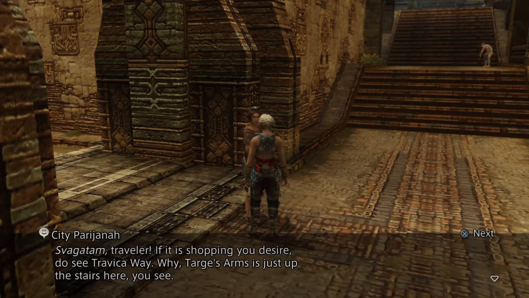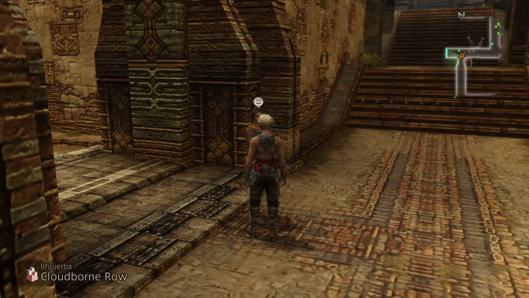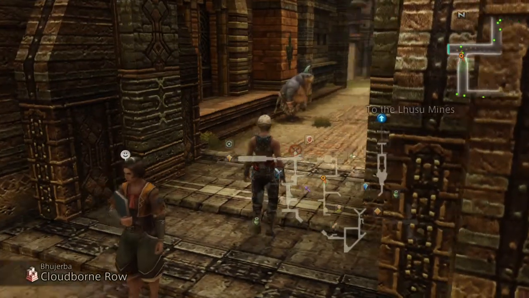Tropical Way. Targe's Arms is just up the stairs here, you see. There is more of an alley, to tell the truth. Most come here only for drinking. That would be at the tavern down the slope. Good journey. Actually, that's not where we're gonna go. So, we are gonna go and,